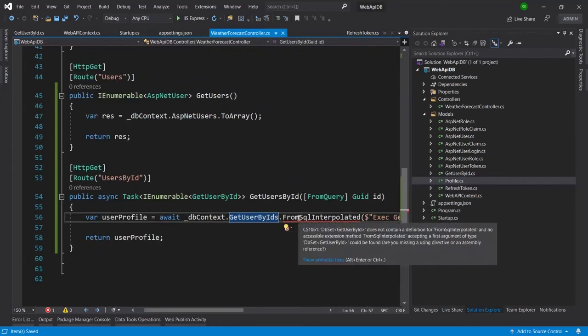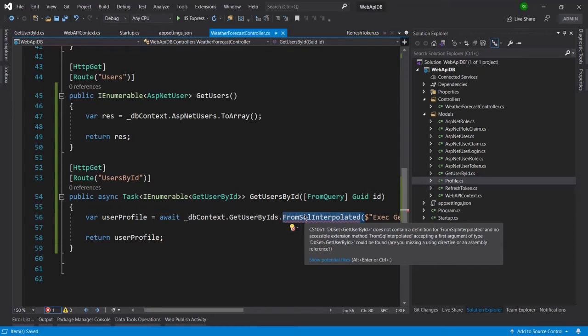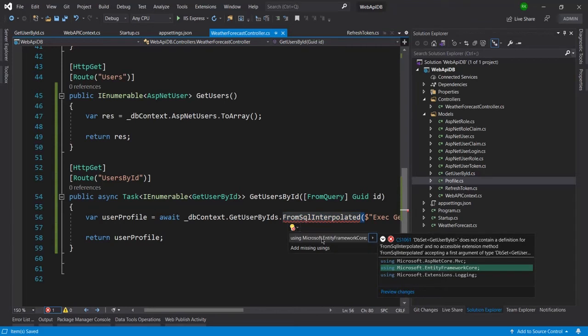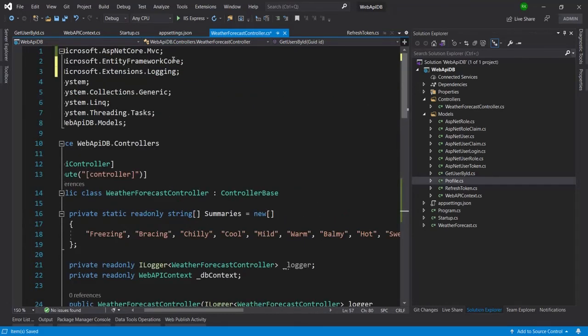Now we need to add one namespace or reference for the SQL interpolated class, because this is for calling the stored procedure. So I need to add its reference, and the reference is using Microsoft.EntityFrameworkCore. So let me click on that, and now the reference is added at the top. Here you can see this is added here.